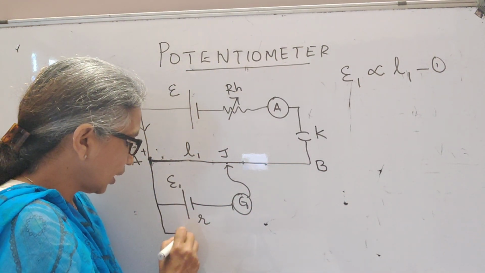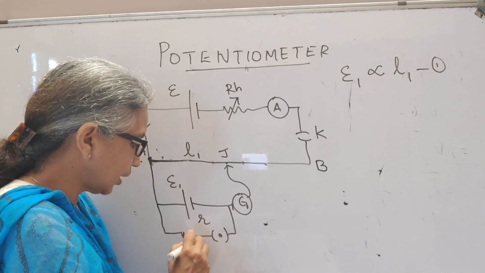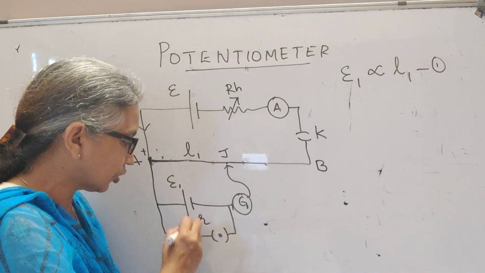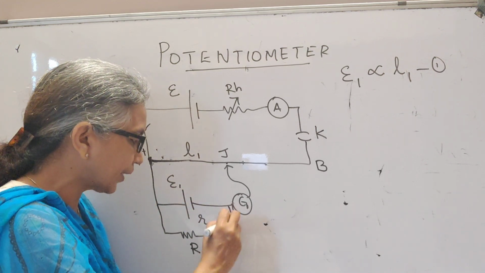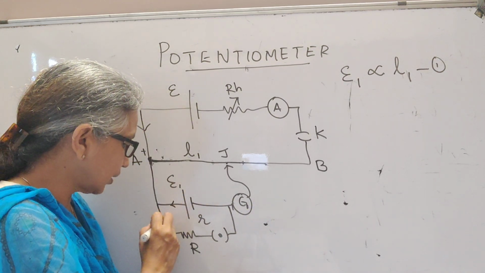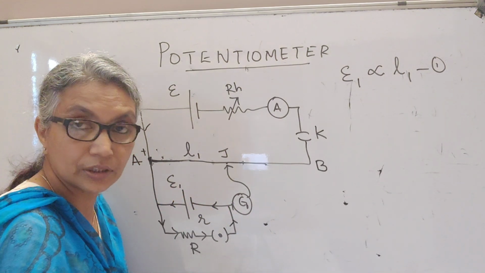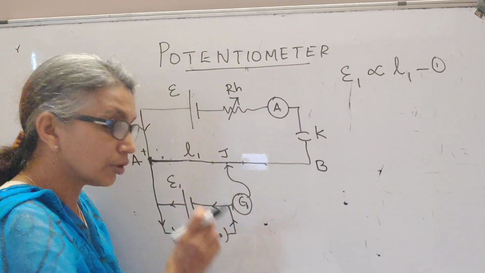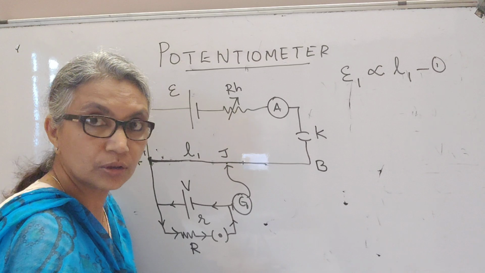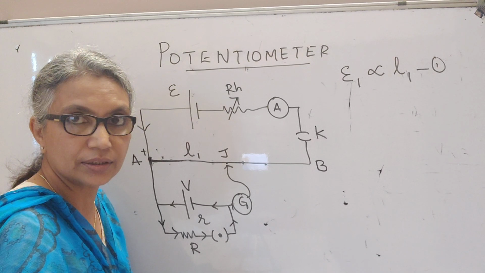Next, I will now insert the key. The moment I insert the key here, it means that this is a complete circuit. Your cell is now connected to an external resistance, so it is in closed circuit. It is going to send some current like this. And so now, because your cell is in closed circuit, the potential difference across its terminals will now be called V, which is equal to E minus Ir. And that is because your cell is now carrying current.